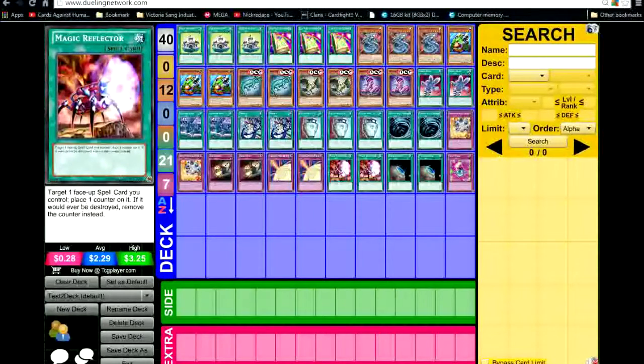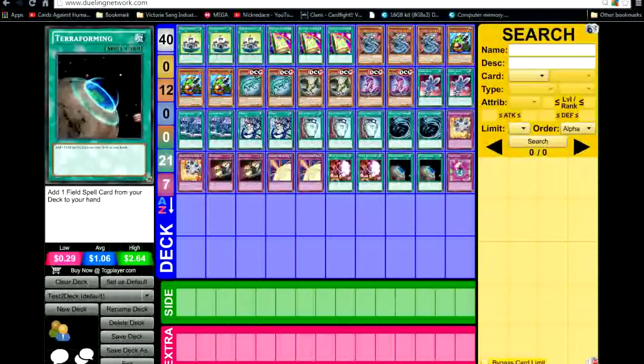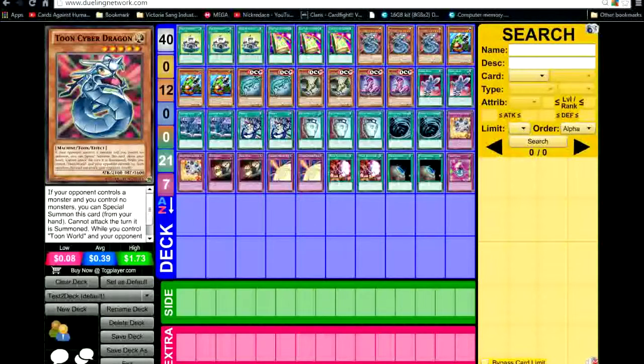Really. Magic Reflector allows me to protect Toon Kingdom from destruction. 2 Terraforming, because now I have 5 Searchers for Kingdom. And Toon Mask, because usually if I don't have a Toon monster, I can activate that and get a Toon monster. So that has been the